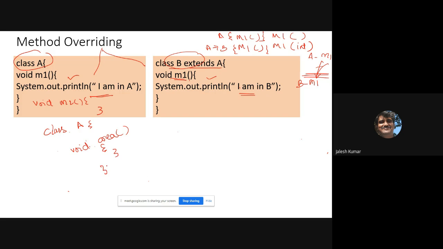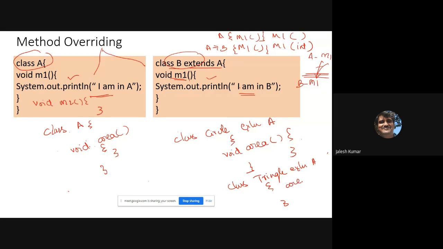This syntax I will give. And class B, let us consider class Circle, which extends A. They will write the same method area, which indicates the area of a circle. And class Triangle, if we extend from A itself, also writes one method area that indicates the area of a triangle.